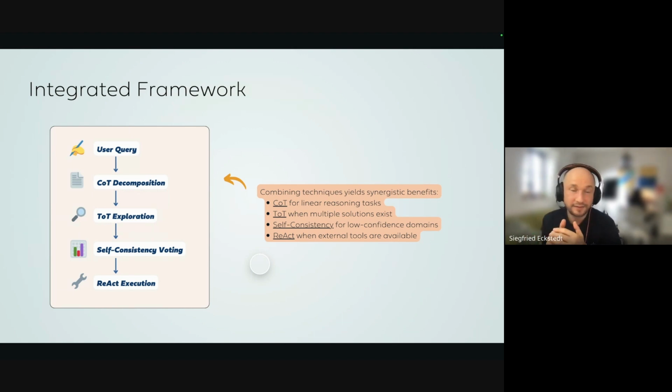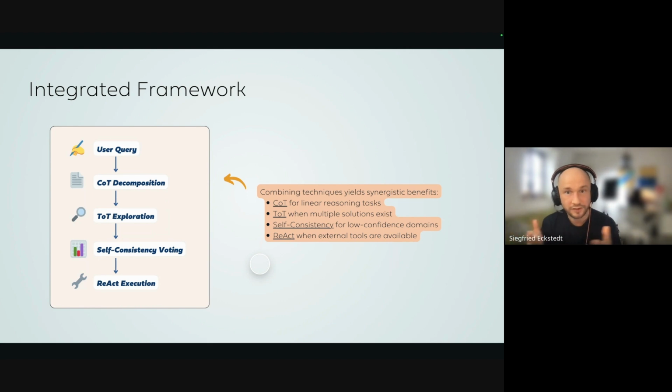As a next step, once the reasoning tasks are decomposed and the model has shared how it would go about it, you can ask it to branch out and create multiple in parallel running